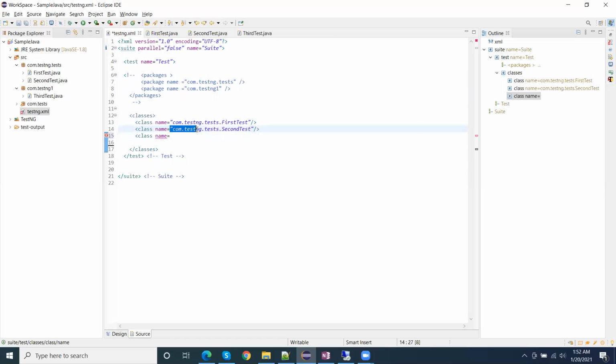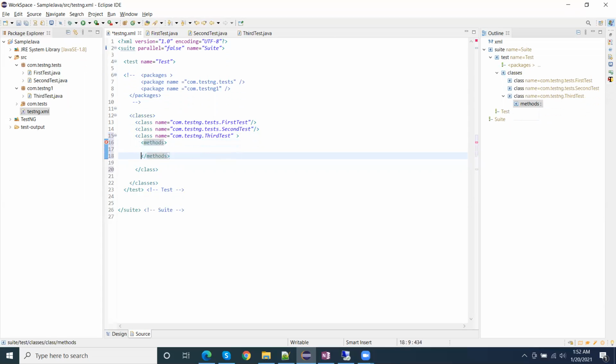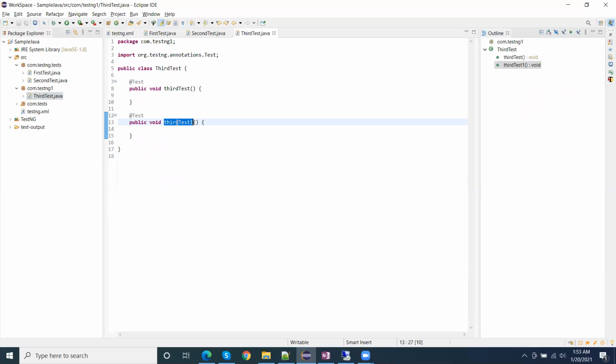So we can call classes and then mention the class name, third test, and within the class we can call methods, and then call include. We can include any particular method. Now I am including third test one.